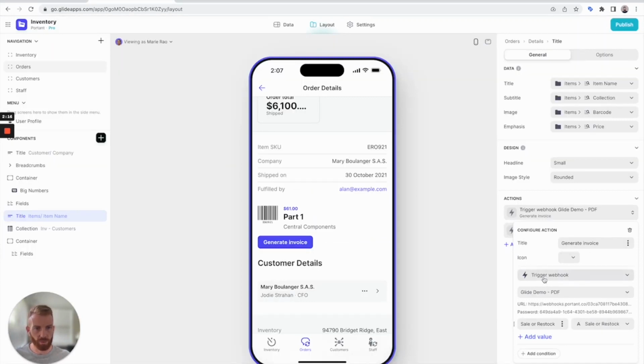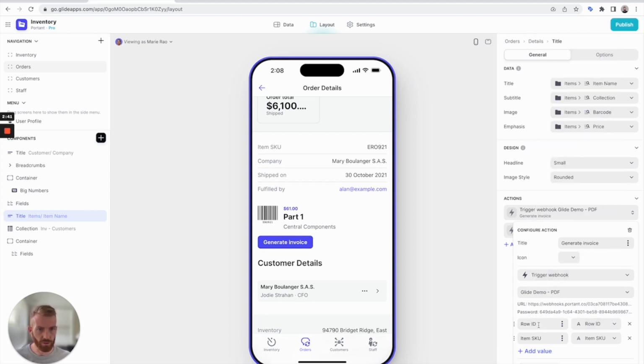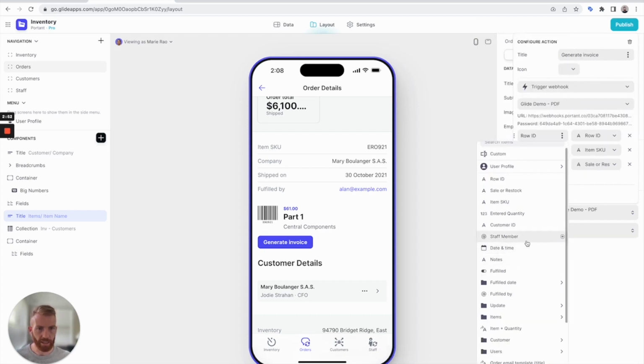So when I save that, you can see that I've got a triggered webhook now. I've got Glide PDF, and then there are values down here, which are the key value pairs that we want to send via this webhook. So we've got a few different values that we want to include. So the sale or restock value, I don't think that we need this one. We actually would like the row ID instead. And so you can free type in here anything you want, or you can even use actual values from within, but I just recommend typing. And then just keep on adding all the details. So we want entered quantity,